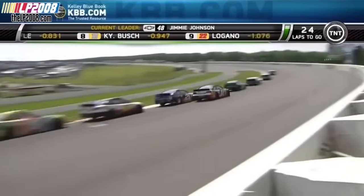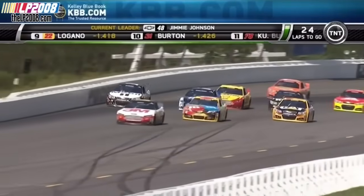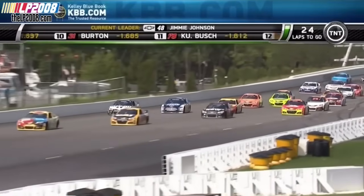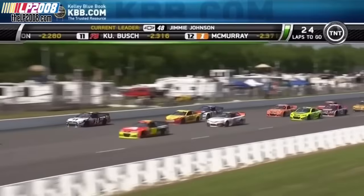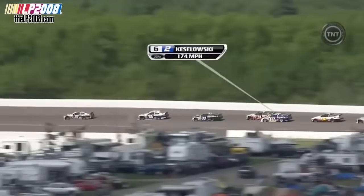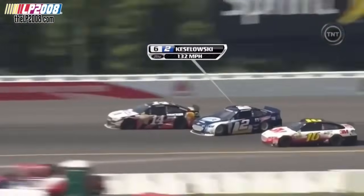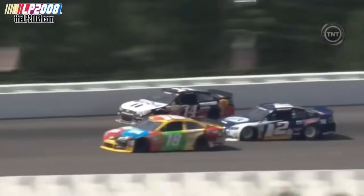Now's the time where you make hay on these restarts. We got somebody else, Keselowski, loose, and he saved it. So did Tony Stewart. Unbelievable save by the men who have won the last two championships. Good thing it was on the restart. And you see, same thing, just like Montoya. He gets down under the 14, drifts up into him, gets him a little sideways, knocks Tony up into the...